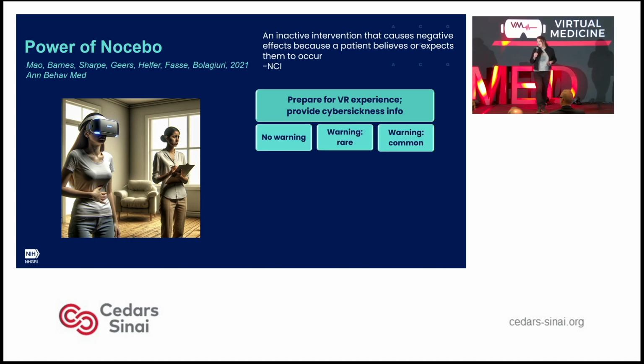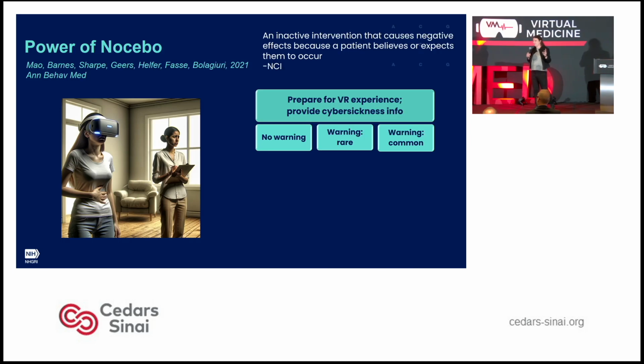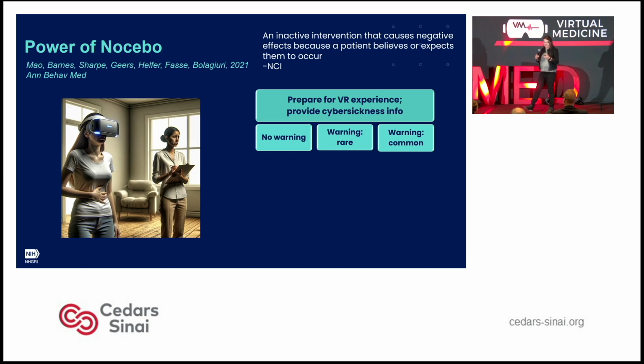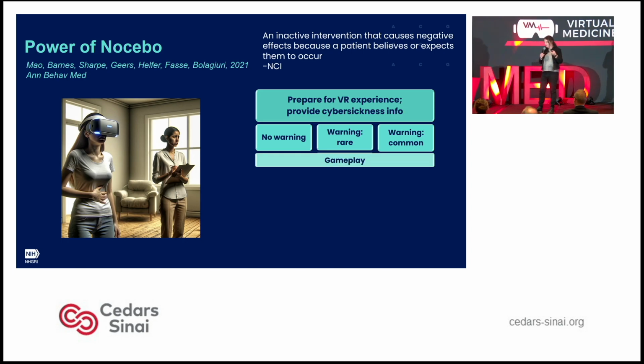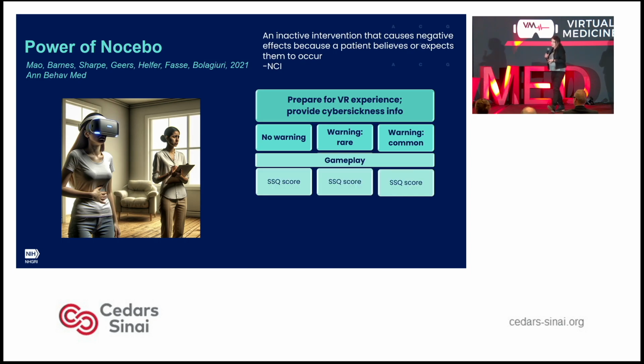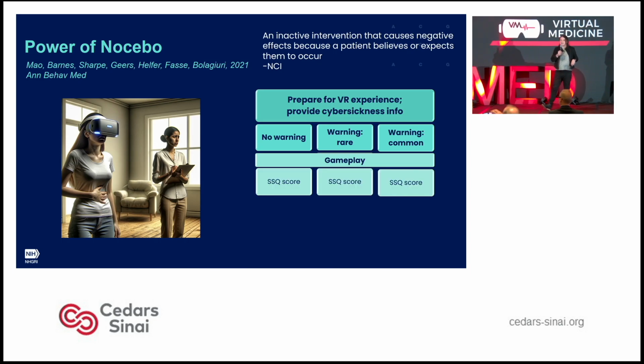Now, they actually randomized folks to condition, once again. Some people got no warning at all. Some people got a warning, but then they were told, which is what we do in our lab, we say, oh, but it's really rare, so don't worry too much. And then other people got a warning that it's pretty common. And then they played a game that's known to often induce cybersickness, and then they measured their SSQ score,